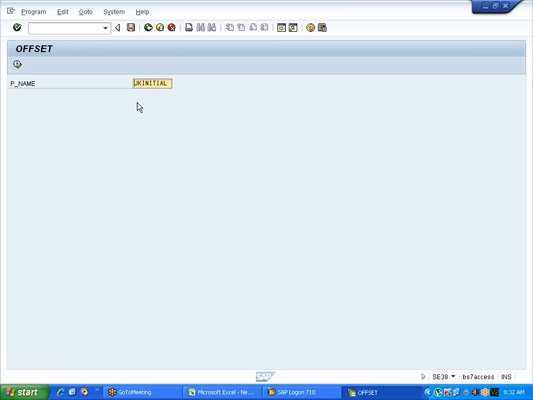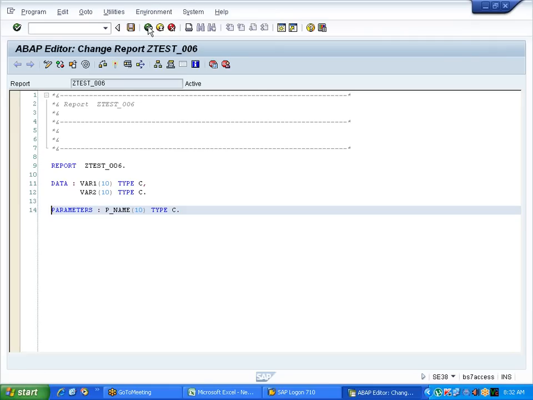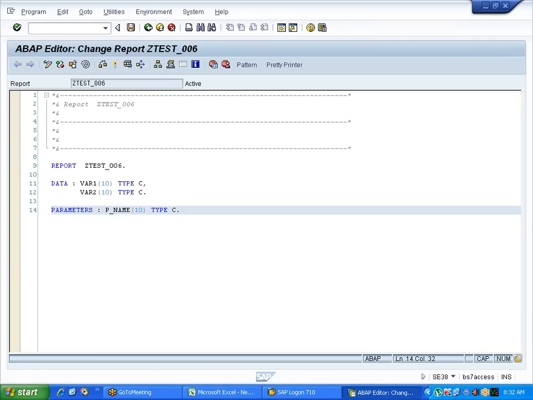So I will count the letters. 1, 2. Until two letters, you put this string into one variable. 3, 4, 5, 6, 7, 8, 9. Until the 9 letters, you put the string into another variable. Something like this. You should either determine by a literal, or determine by the position. So now, what I need to do here is,